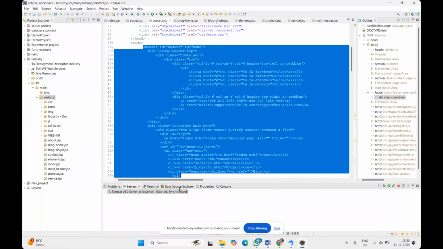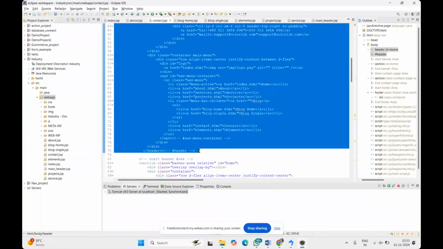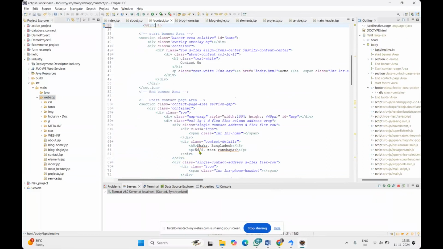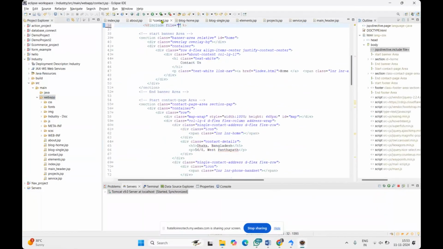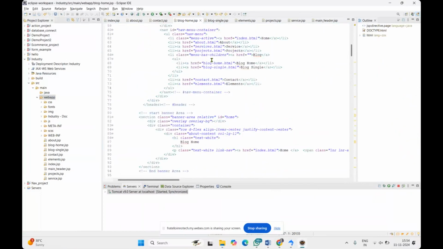Here I have header. I will clear those header and I will include main header, because already I changed the addresses from HTML to JSP page and I created a separate main header, so that if I want to change any addresses, I will go to the main header and change all the header addresses. So the same main header I am including in every page of the file. Main header dot JSP in the contact, and same for the